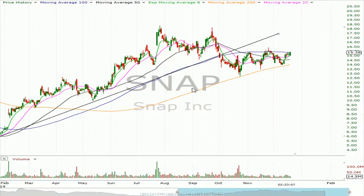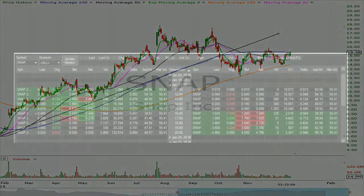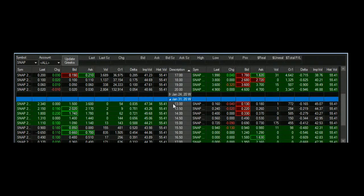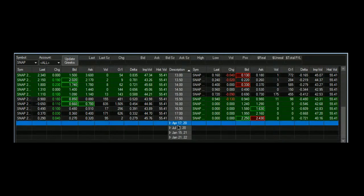It's not that they're cheap by any stretch, right? You can see the January options, they're not cheap, but at the same time, depending which contracts you go with, they are nearly 14, 15 percentage points below their historical average, right? And if you go out even a little bit further to April,